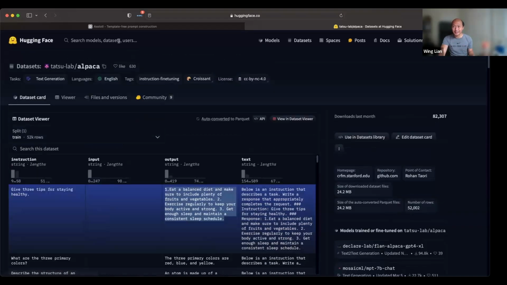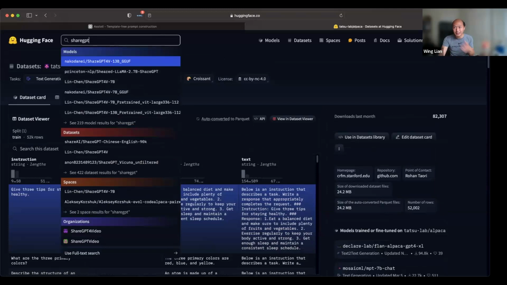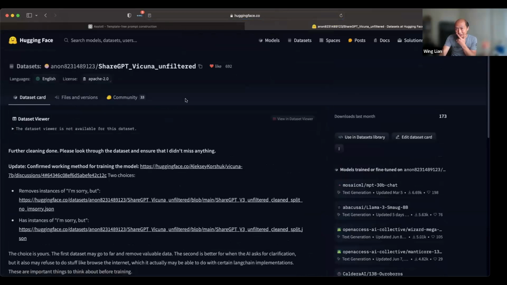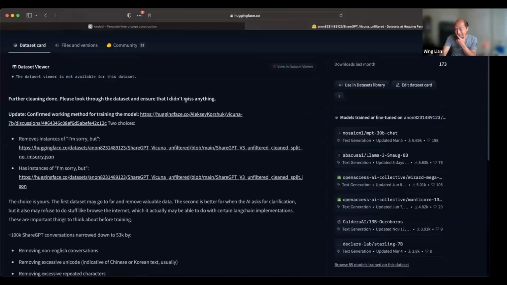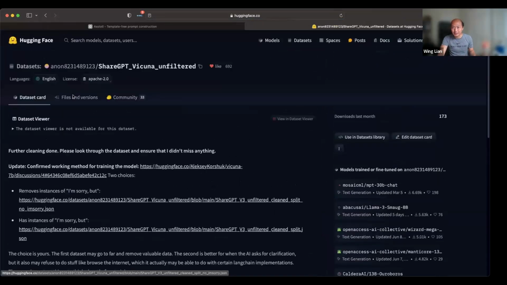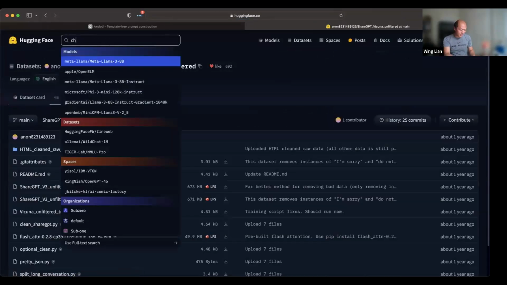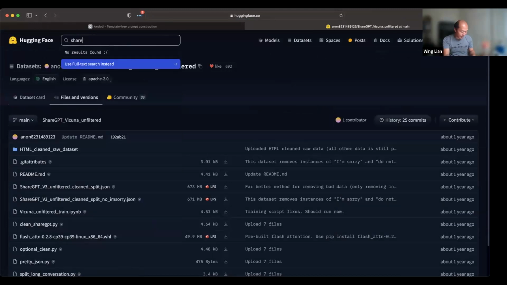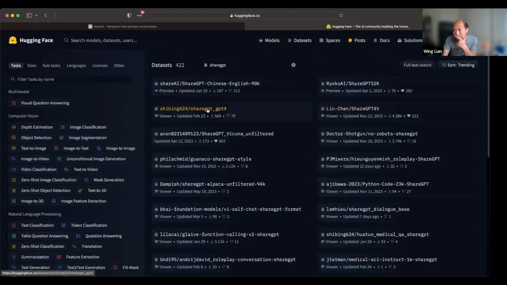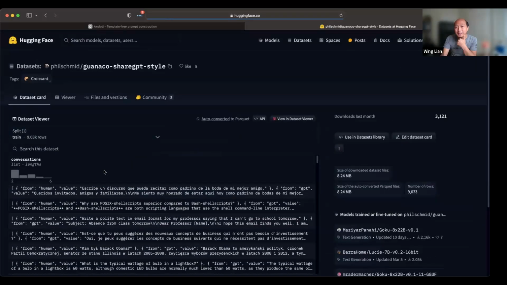So that's Alpaca. If you look at the traditional ones, I think the first ones that came out last year were ShareGPT. This was a leak, I believe, of the original ShareGPT data set, or something a lot of the ShareGPT models were using. Actually, their data set viewer is not showing up, so let's see if we can find something ShareGPT style. Maybe this one, yeah, ShareGPT style.